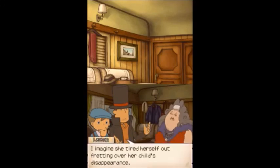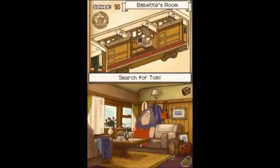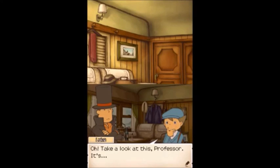How can she sleep at a time like this? I imagine she tired herself out fretting over her child's disappearance. Come, Luke, the sooner we find the lad, the sooner we can put this poor lady's mind at ease. Don't touch her, Luke! Oh, look at this, Professor. It's food scraps, if I'm not mistaken. Either that or it's someone's...